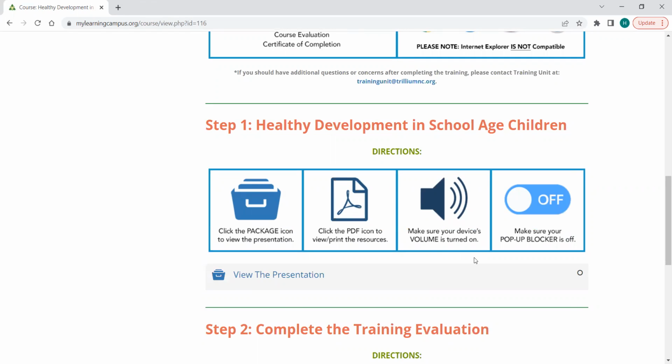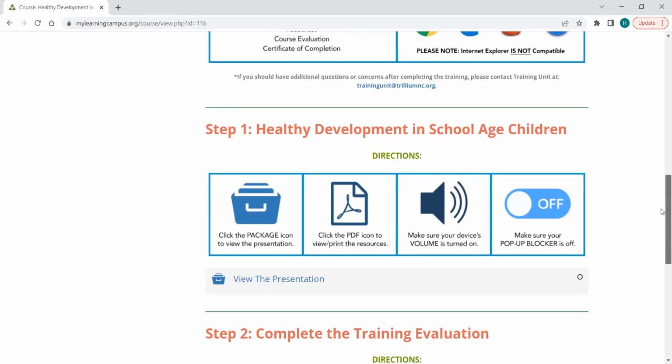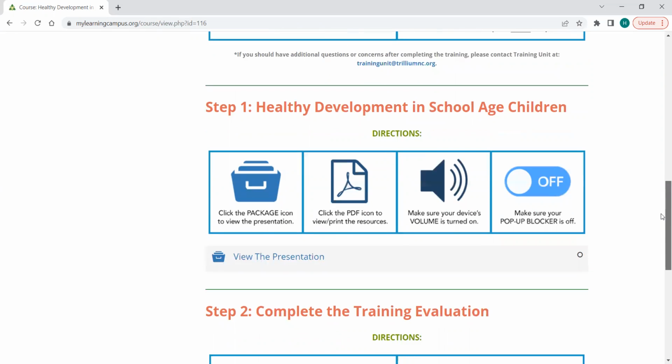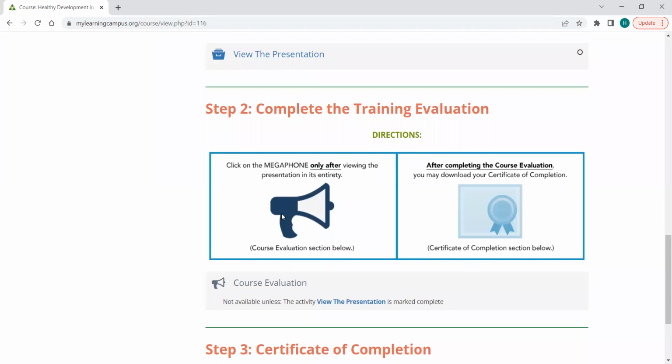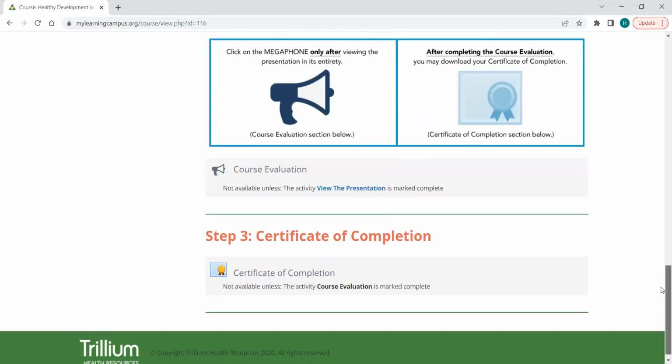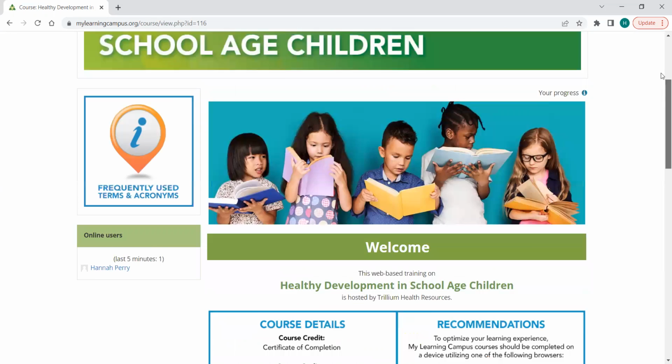It's not going to let me click on the presentation and show you all because it is a pop-up, and because I'm sharing my screen, it's not going to let me split the screen right now. But you would hit view the presentation and it will walk you through step by step. There's a table of contents. It'll tell you how many slides you have to get through. It also gives you a little navigational tour before you get started. Once you finish, you do a course evaluation for the course, and then you are able to get a certificate of completion. I just think that this is a really cool resource that's available,